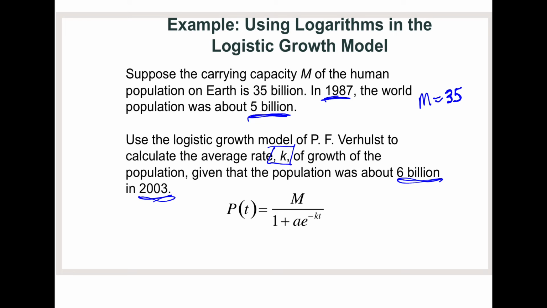So there's a couple of things that we need to find. I need to find an A value, and I need to find this K value. Well, ultimately I need to solve for K. So really I'm going to have to find A first. And so we have our starting point here,